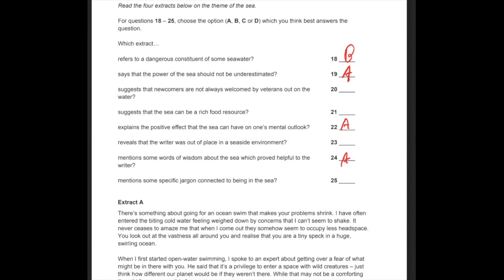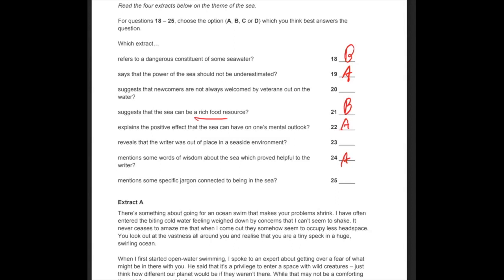Nope, that's not what this is talking about. Suggest the sea can be a rich food source. Absolutely. Talks about salmon. It talks about beluga sturgeon and the caviar. Right, those are all food sources, and can be a rich food source. Of course, there are keywords there that also help you out. So it says that it is boiling with life, right? So there's so much life there. The caviar was so plentiful, right? All of those things imply that it's very rich. It's full of life. So this one's definitely B.